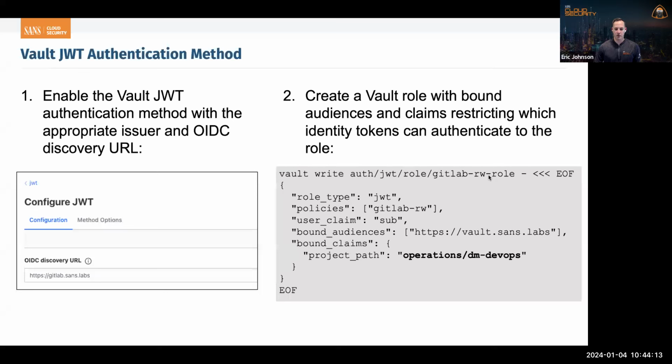And in here, we can further constrain based on the token's attributes. So what we'd say is this role, to impersonate it or sign in with this role, the audience has to be vault.sans.lab, and the project path might need to be operations/DevOps. And then we assign a policy. This is the actual Vault permissions that you can do. What can I do inside of the Vault once I sign in? So maybe I can only read one secret from one path, something like that. Now GitLab can log in with that JWT, get a temporary Vault token that might only live for, again, 60 minutes. And I can use that Vault token to access some secrets as these